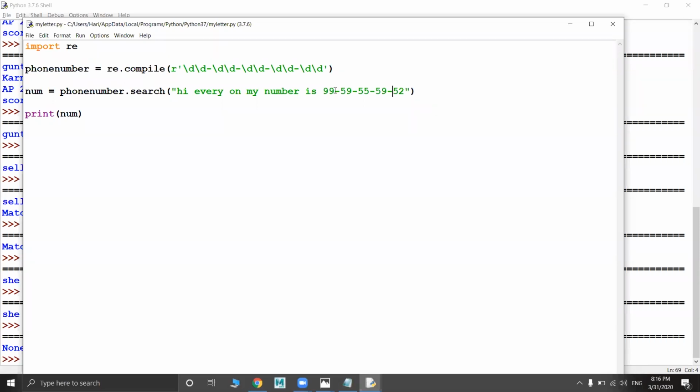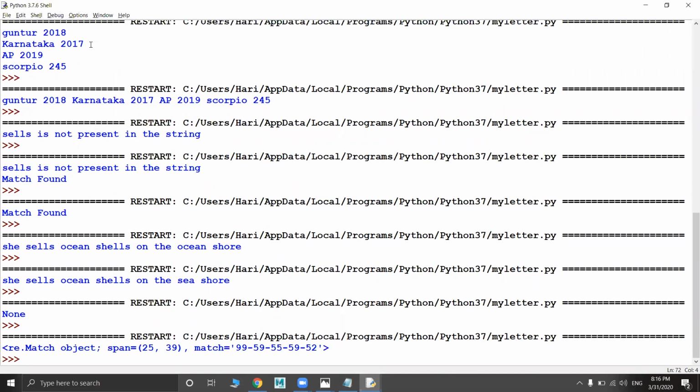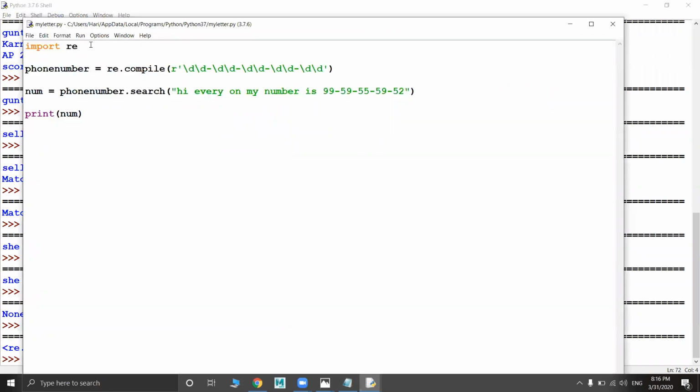Now I will run. You got the match output, right? Instead of getting it like this, you need to use the group function.